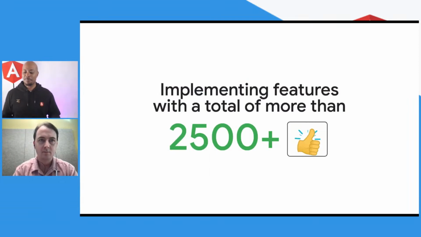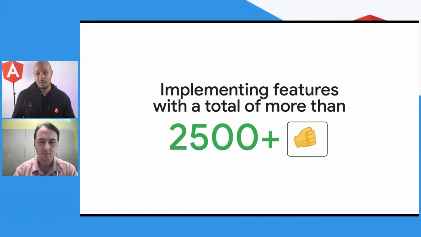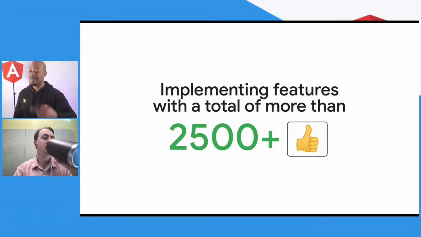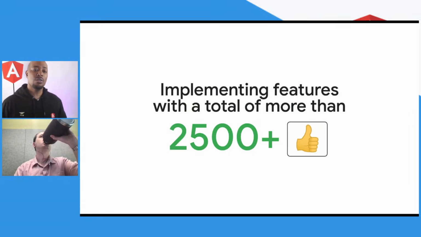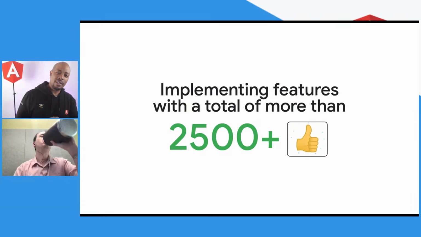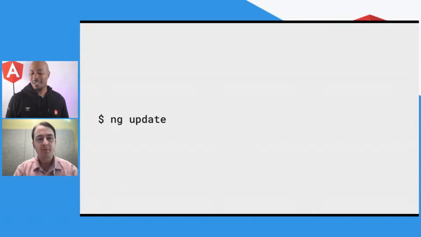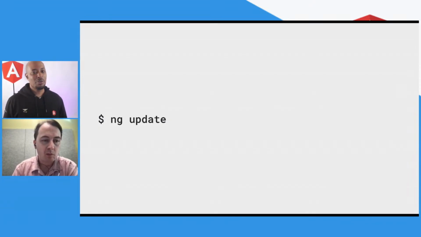Let me tell you what's really awesome about this number. If you look at all the features that we have released and landed, there is a combined tally of thumbs up on those features and requests, more than 2,500 thumbs up. So we have been looking at that data to figure out what to do next to serve you, the fantastic Angular community. Whew, let me tell you something fun. This is going to be great.